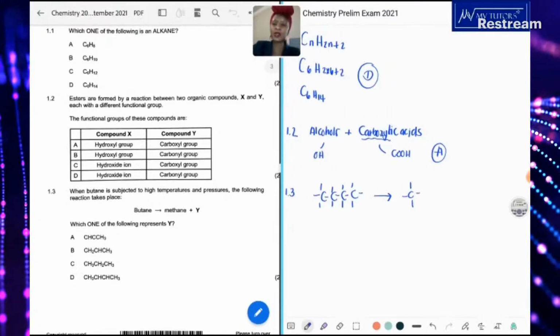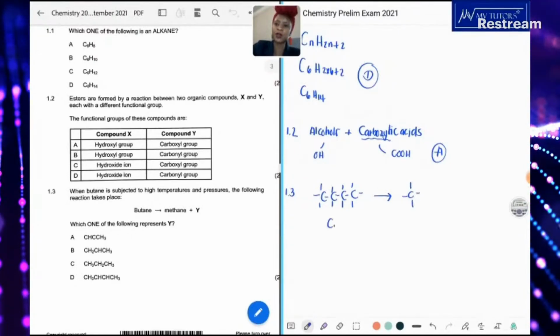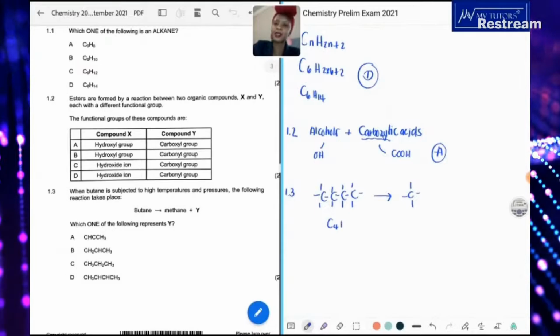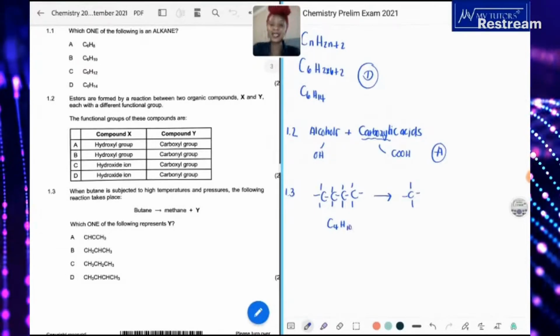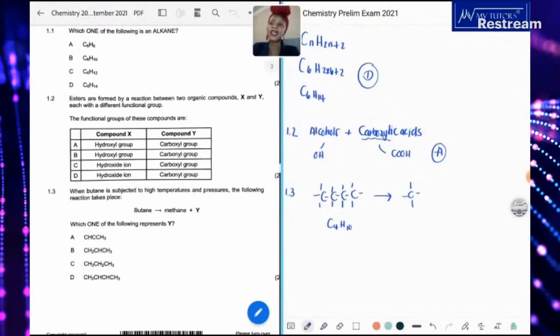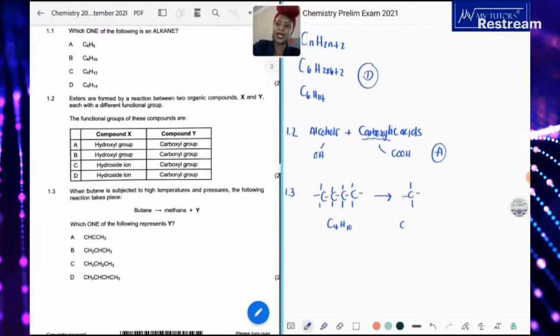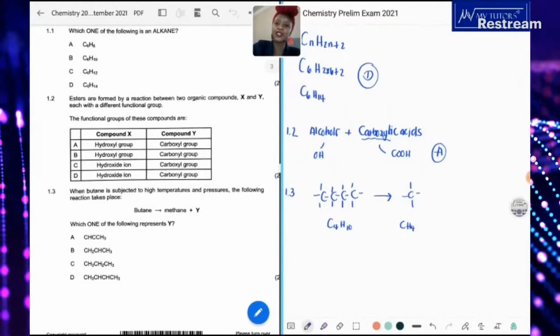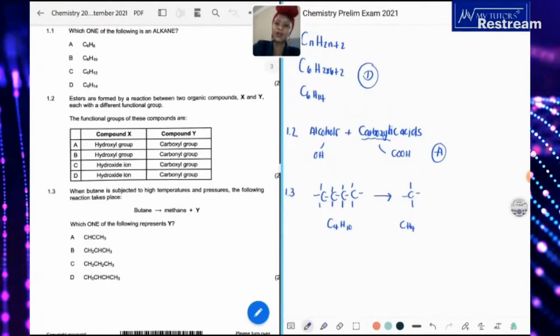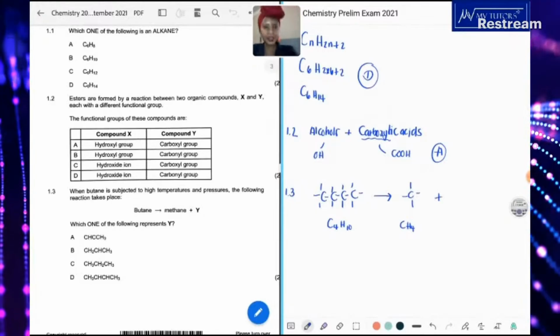Okay, just to start off with, butane has 4 carbon atoms, and because it is an alkane, it must have 10 hydrogen atoms. Okay, then we have methane. Methane has 1 carbon atom and 4 hydrogen atoms. So what must Y be? Well, let me tell you for now that when you